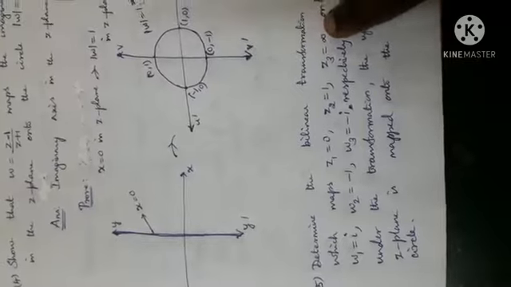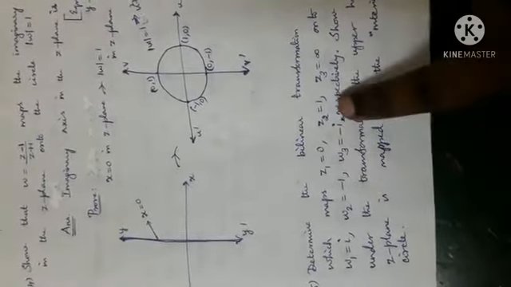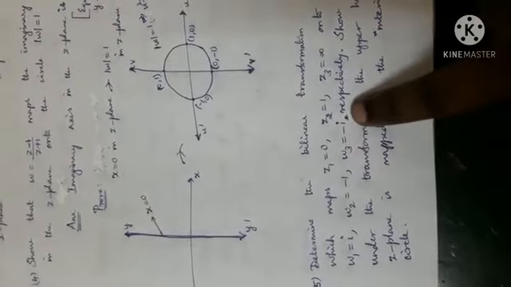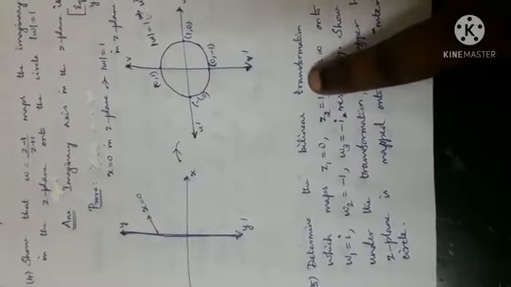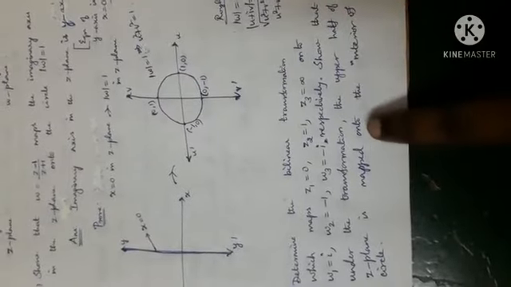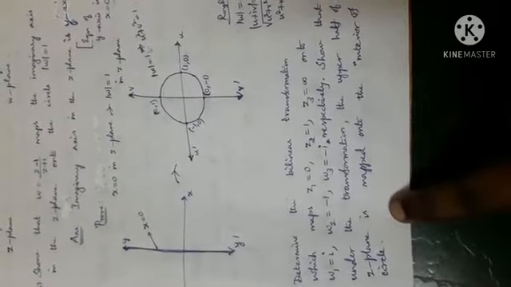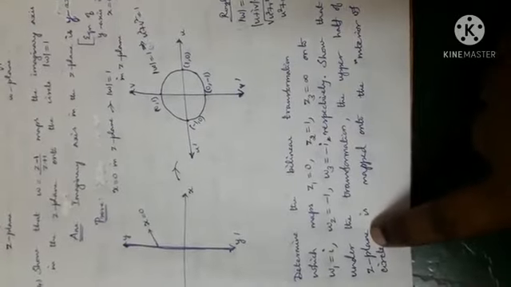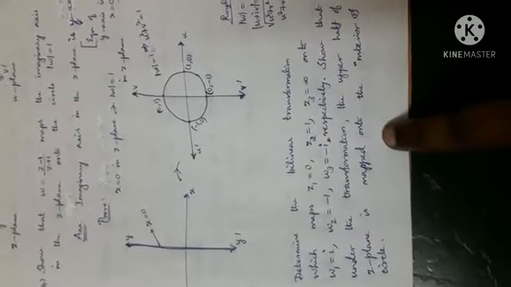Dear students, this is a continuation of the same heading, bilinear transformation. Here they have given 3 points in the z plane and their images in the w plane. You have to first find the bilinear transformation. After finding it, you should show that under the transformation, the upper half of the z plane, y greater than 0, is transformed to the interior of the circle in the w plane, u square plus v square less than 1, mod w less than 1.